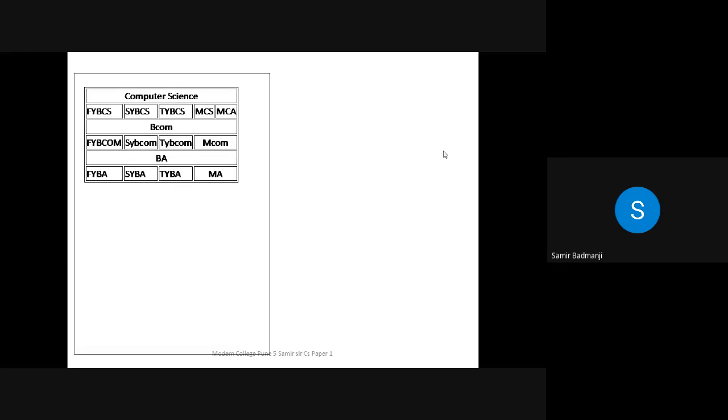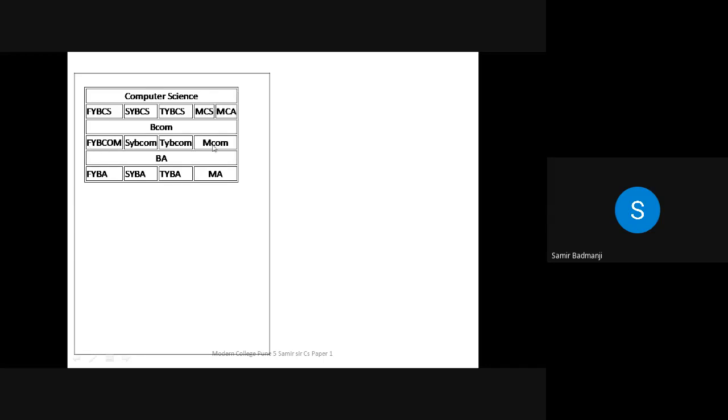4. See, I had told you, look at the table as a whole. Now see, BCom, below this there are 4 columns. 1, 2, 3, 4. But how many columns are there above it? 1, 2, 3, 4, 5. So whichever is the maximum number of columns, that you have to write. Below this only 4 are there, but above 5 are there. So that is why you have to write 5.